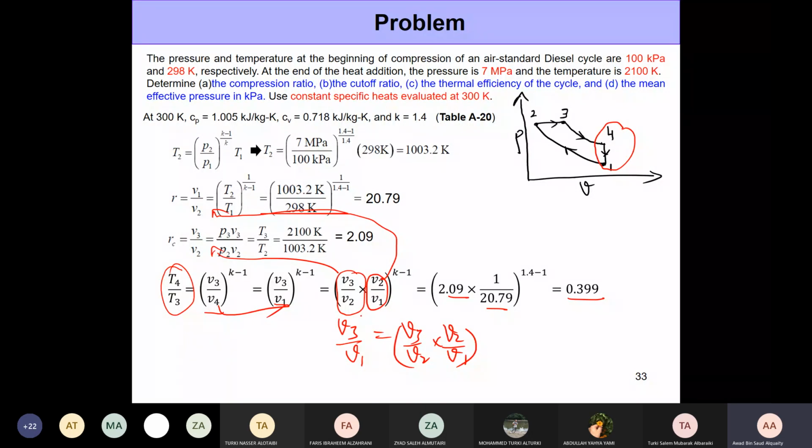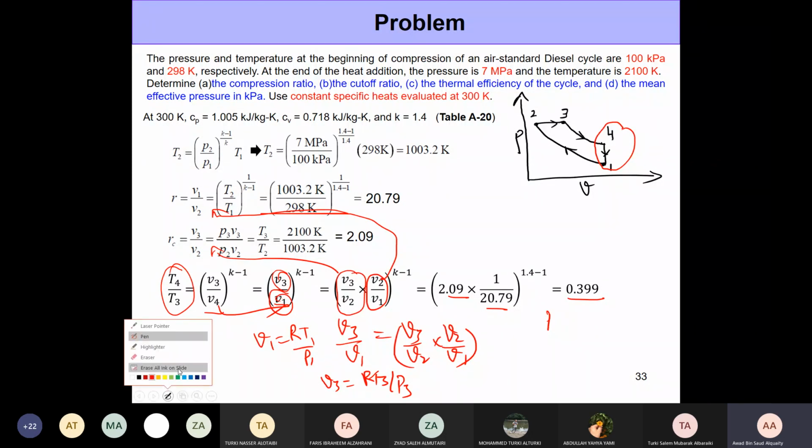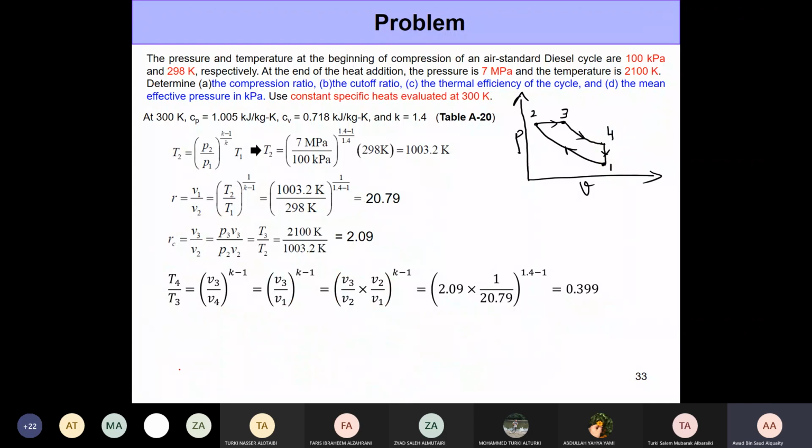Now, this again is one way of doing it. You could also do it a different way. You could make use of the ideal gas equation and calculate the value of V1 and the value of V3. V1 is RT1 by P1. V3 would be RT3 by P3. We have pressures and temperatures for both of them. You could go ahead and calculate directly as well. This is a shorter way to do it. So it's your choice how you want to go ahead with it. Once we plug in the numbers and calculate T4, this is what it comes out to be, 838.4